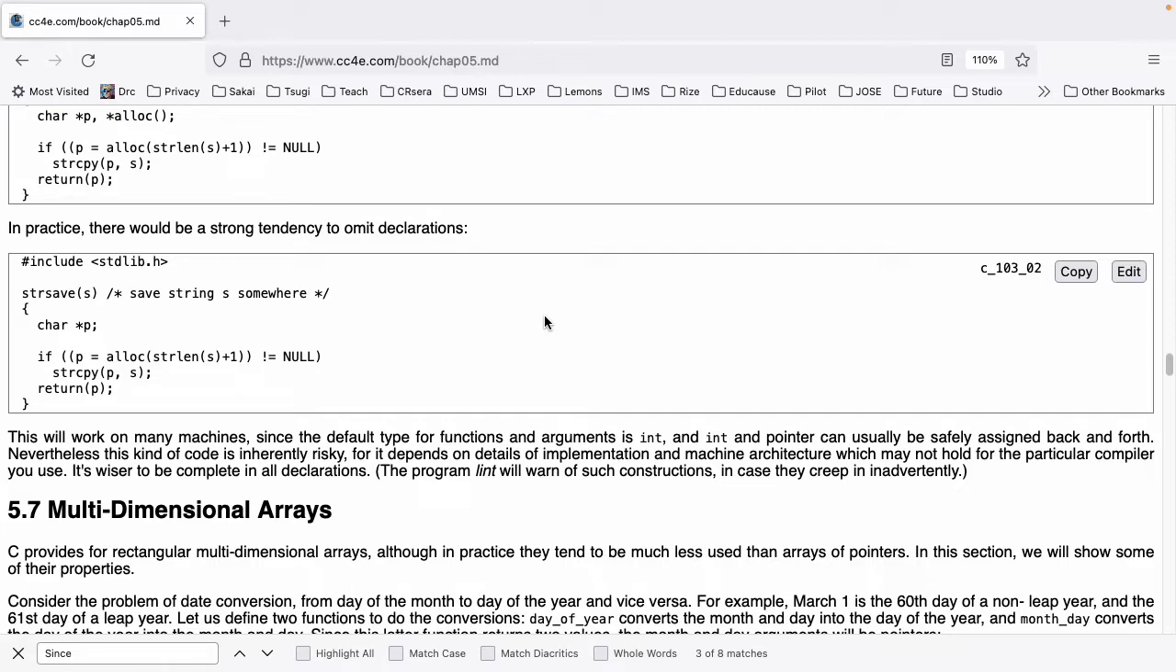#include <stdlib.h> str_save(s) { char *p; if ((p = alloc(strlen(s) + 1)) != NULL) strcpy(p, s); return(p); }